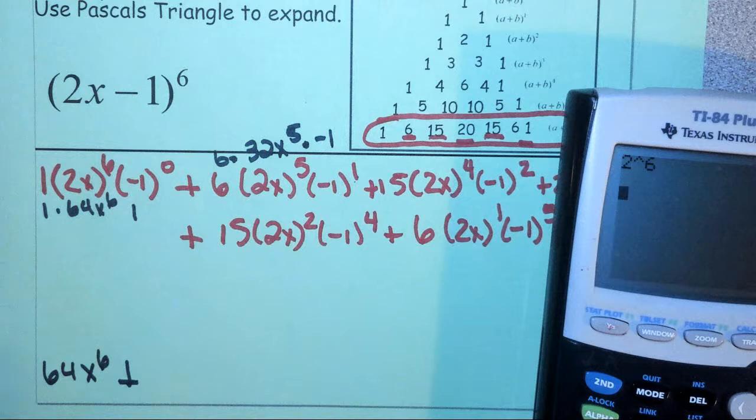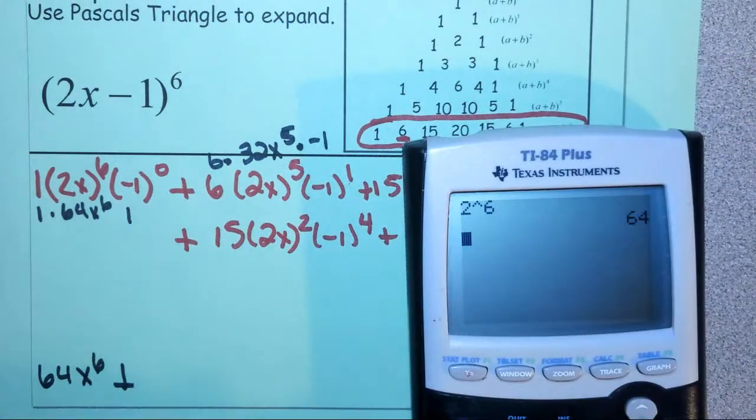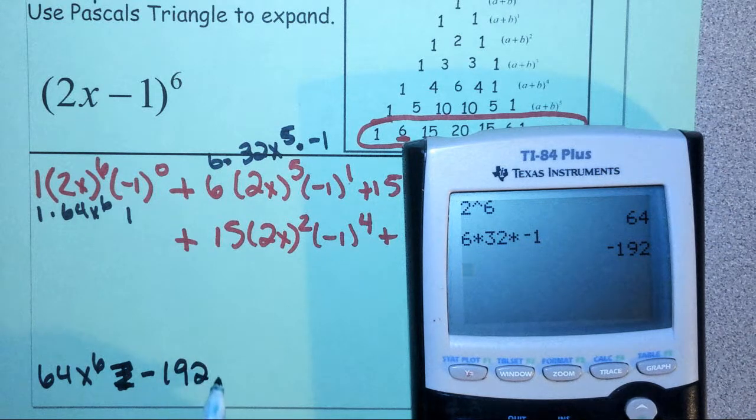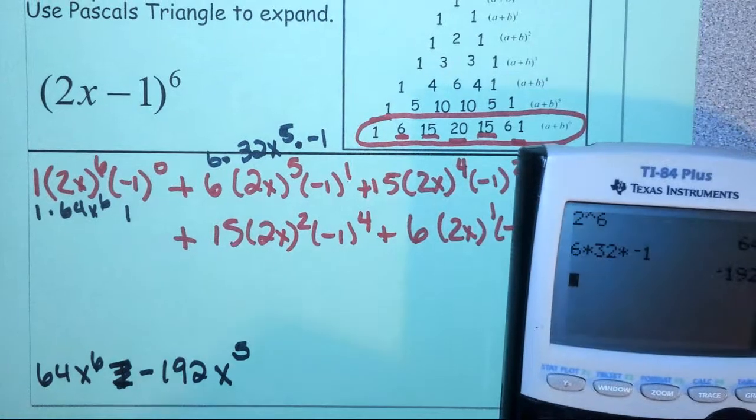And then I've got my 6. So we're going to type in 6 times 32 times negative 1. So we get a negative. So instead of being plus like we've been doing, it's going to be minus 192x to the 5th. Okay, let me go do one more, and then I'm going to assume you can keep